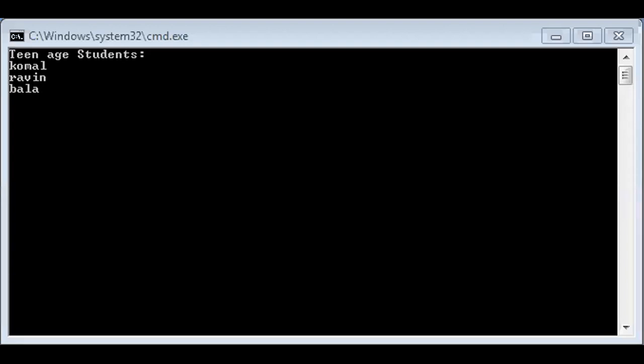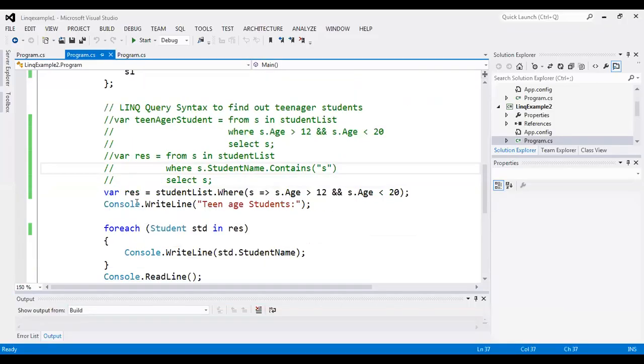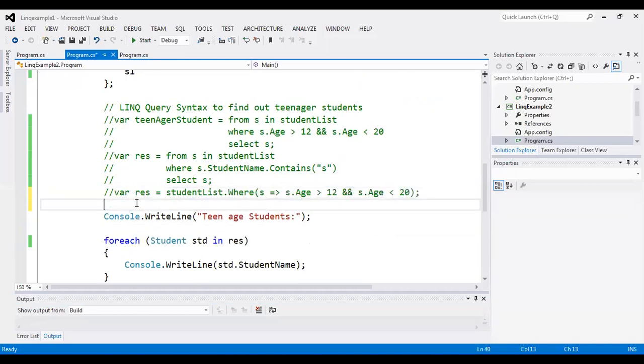Within the output screen, only three students are displayed, that is Komal, Ravina and Bala, because these are the teenager students. This is how method syntax can be used. If I want to display the students whose name contains a, using method syntax, then that is also possible.